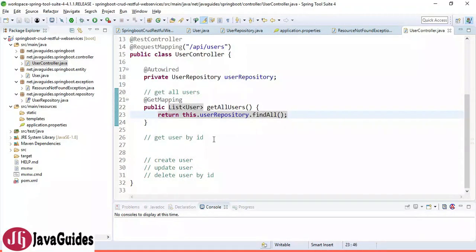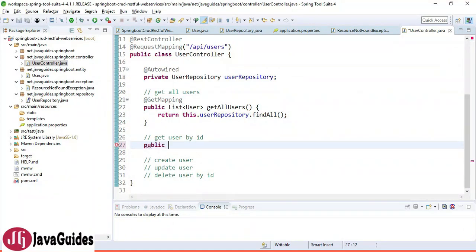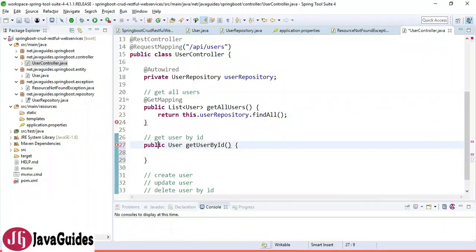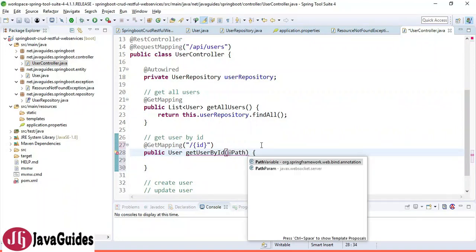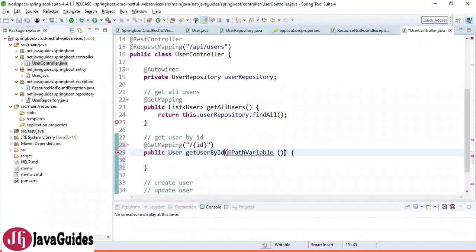Now let's create the get user by ID REST API. It's pretty simple. Just create a method, public User, and give the name getUserById like this. We need to annotate this method with @GetMapping and pass the ID here like this. This is the path variable, and we are going to use the @PathVariable annotation here, with value equals id.